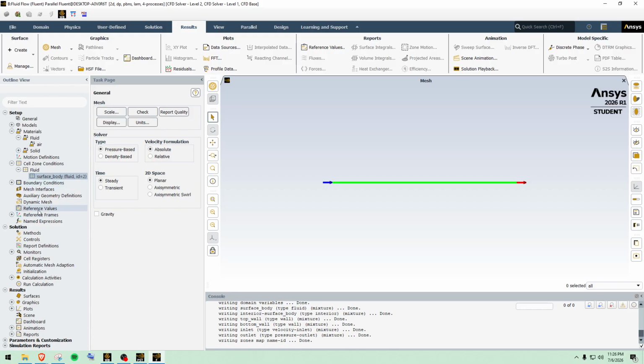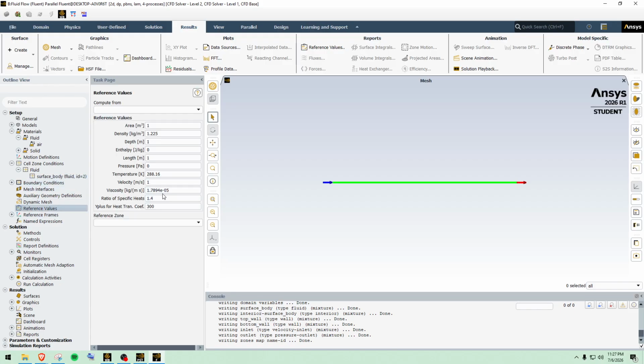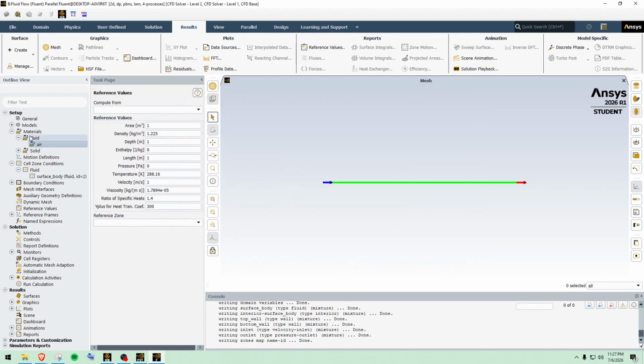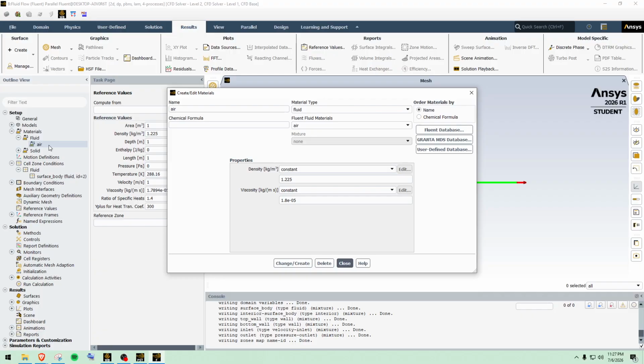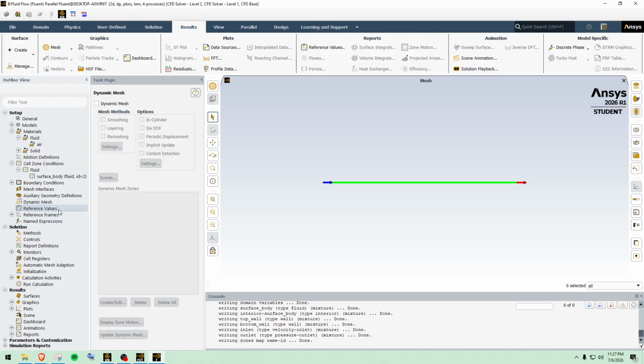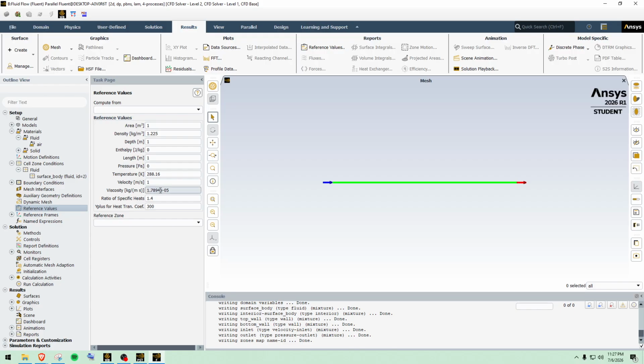Then we can go to our reference values and actually see if everything's updated, and you can see it's not updated. Right, oopsie. I guess I didn't hit something here. Alright, change, close, and maybe if I go back to this. Looks like it updated there. Go back to our reference values. Not quite sure, but I think if I go to my inlet, yep, there we go. It actually changes here, not in the whole thing. Anyway,